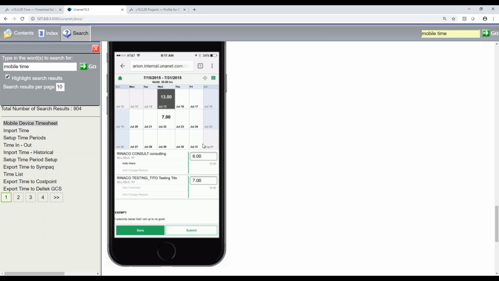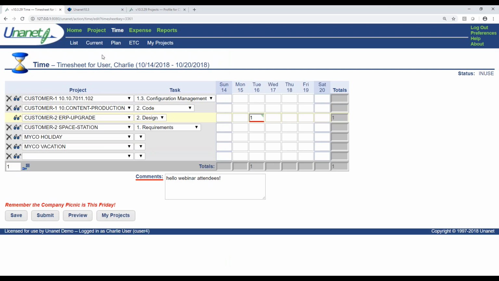In addition, there's no synchronization lag between the app that might need to be updated and the server. So the moment that you change a labor category, add hours, add someone to a new project, it's immediately available on that person's timesheet. Because again, if you can access the internet, which you can do from your phone, then you can access Unanet. And so this creates a much better end user experience for our users. And frankly, is still something that a lot of folks need to start leveraging more of.